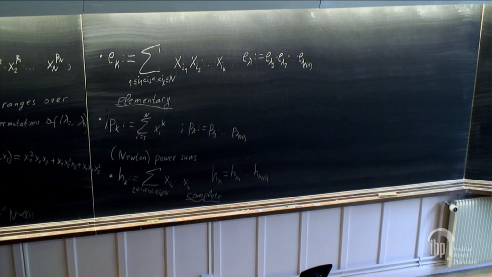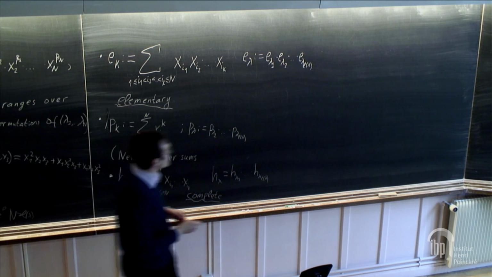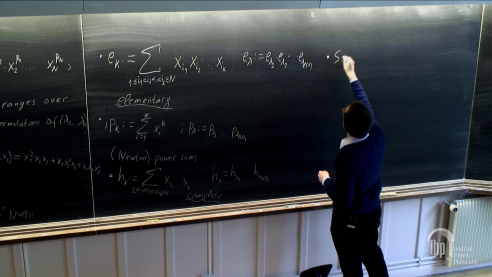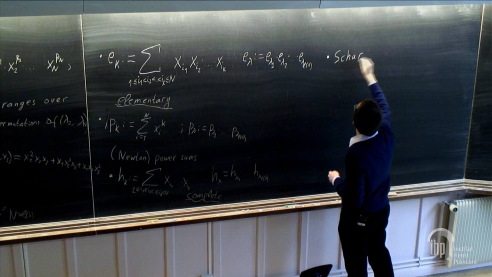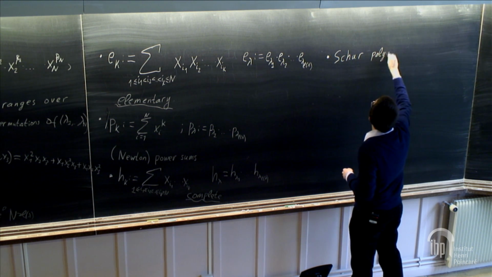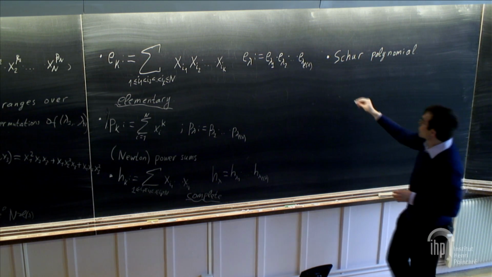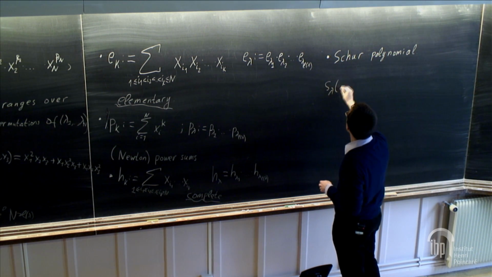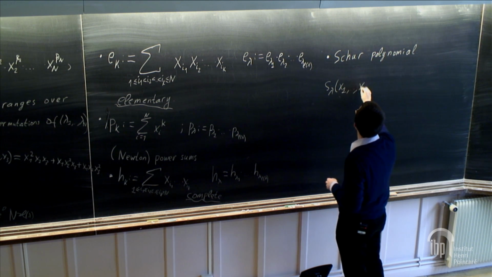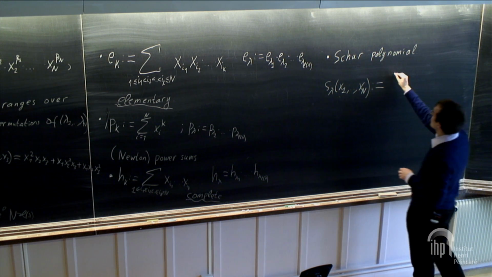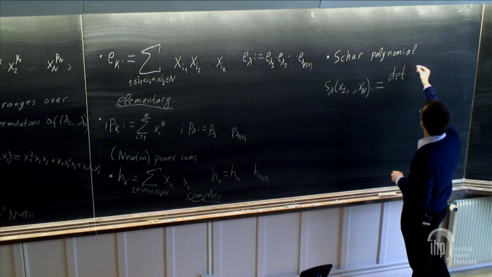So these are quite natural, so I think all four of them are quite natural families of symmetric polynomials. But the most important for this course will be the next one, which is not that natural. It is called the Schur polynomial. It is defined in the following way. If we have a signature and n variables, then the Schur polynomial is defined as a ratio of two determinants,